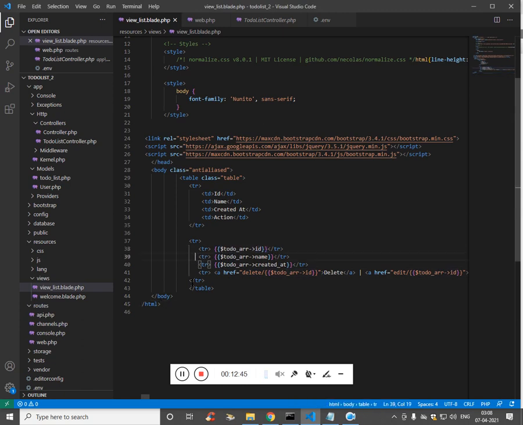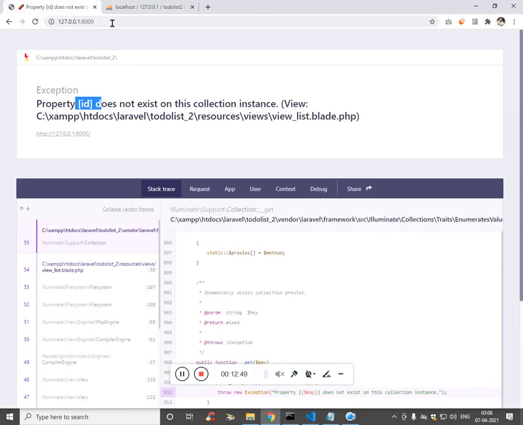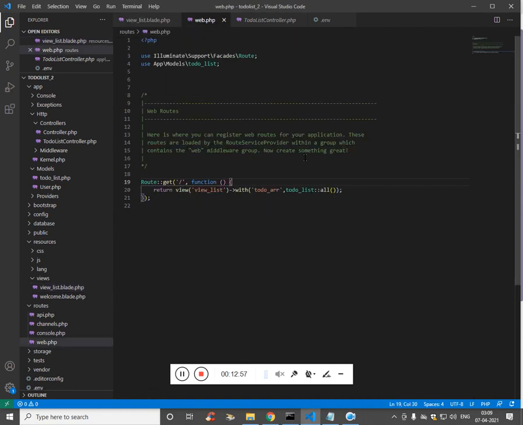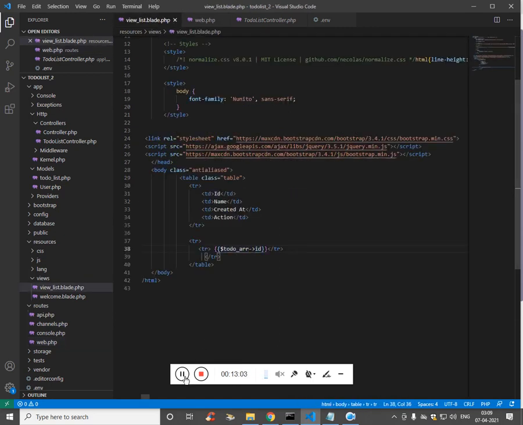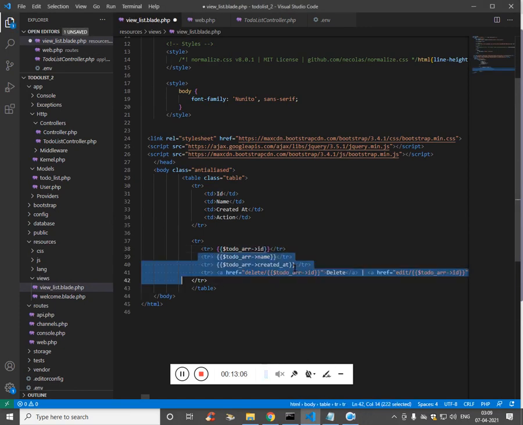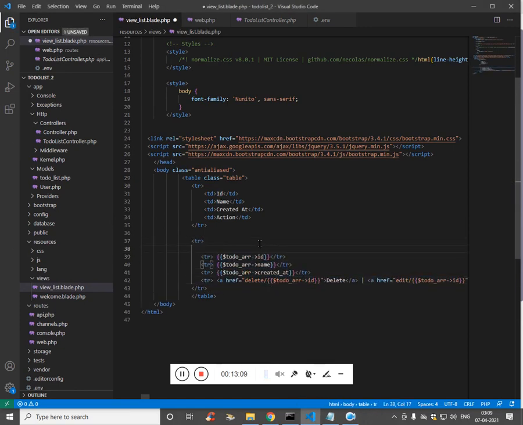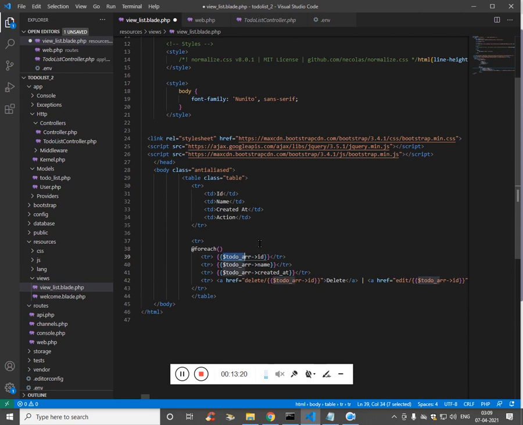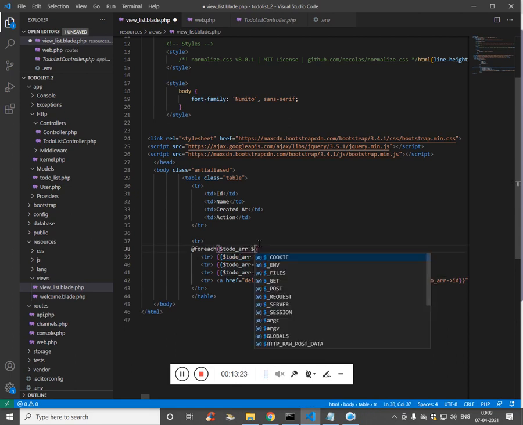We'll comment out all the values. Whether we are getting the proper to do, great. It is because we should run a foreach loop. Since it's an array, it's a collection of the list of all inserted values, foreach. So this is the array. We have to access one by one, $to do.